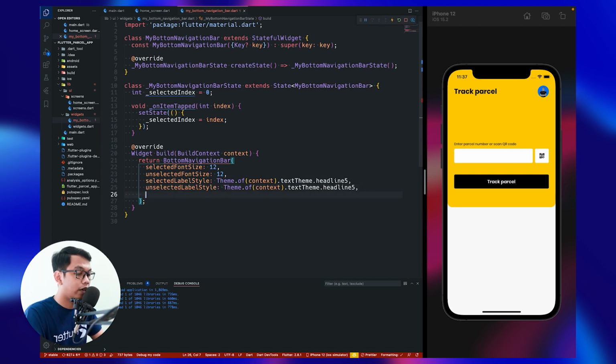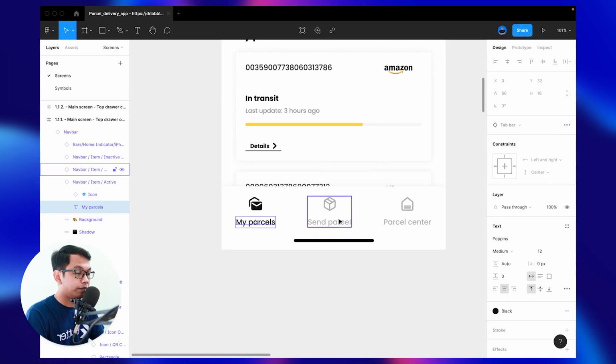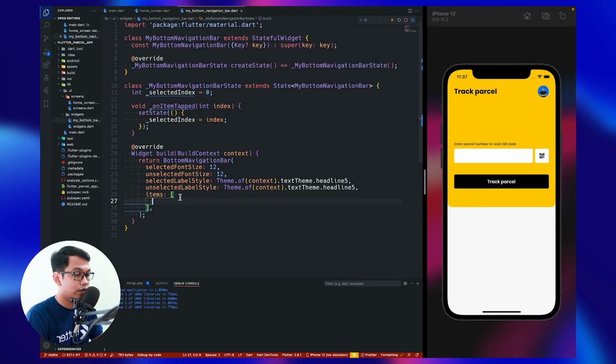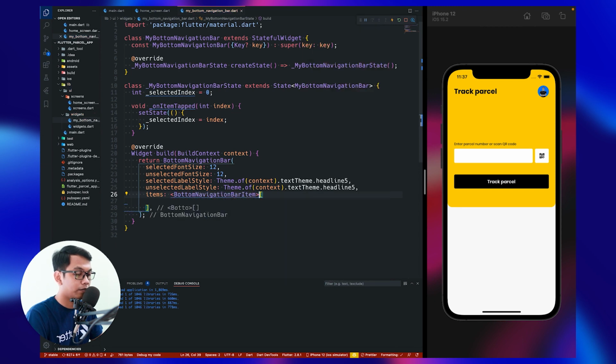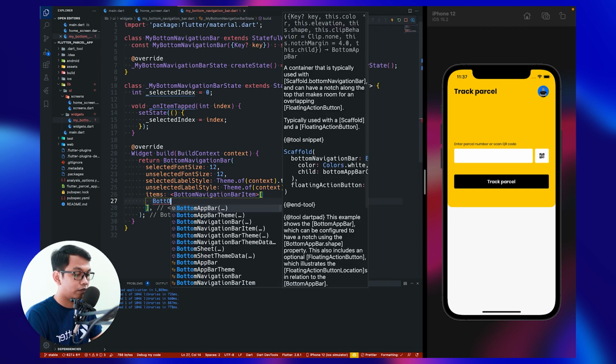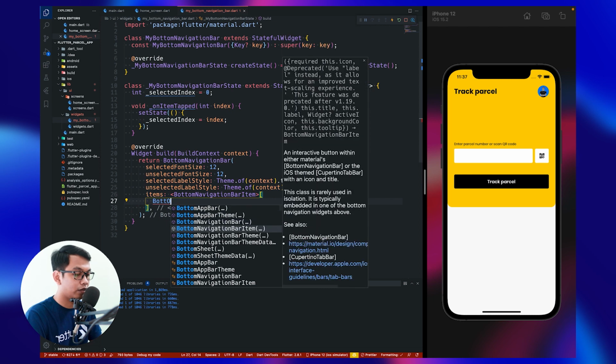And for the items, we have 3 items, so we say bottom navigation bar item, and we can call here bottom navigation bar item.